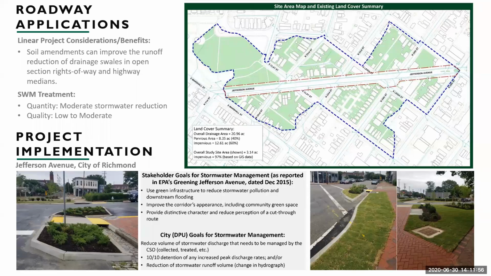There's a combined sewer system for this section of the downtown area, and that system tends to get overwhelmed. So anytime we can provide a way to reduce the amount of runoff that comes to those systems directly through the storm sewer or direct runoff, this helps to provide us this additional capacity for the system. So you can see with some of the pictures that are associated here, we were looking to have a 10-10 detention of any increased peak discharges.